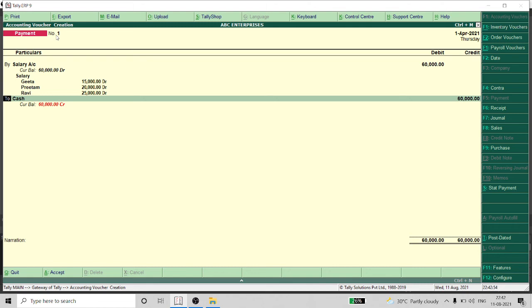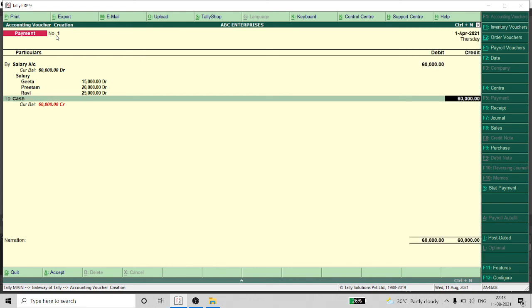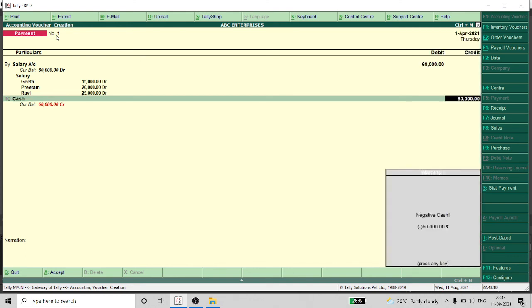These Geeta, Preetham, Ravi are the cost centers where I am going to divide my expenditure. Cash is showing negative because I have not entered the amount in cash.